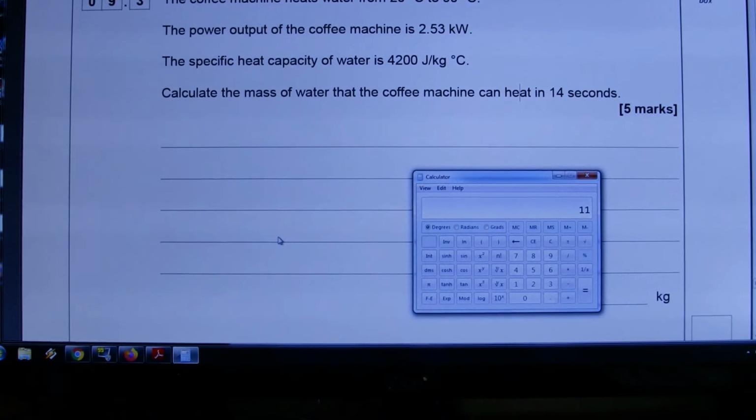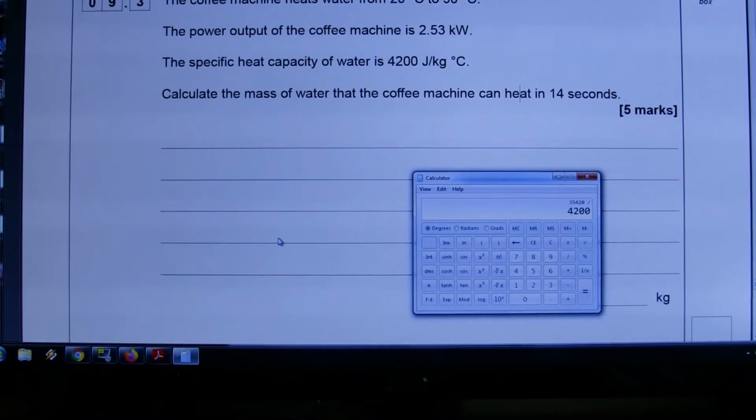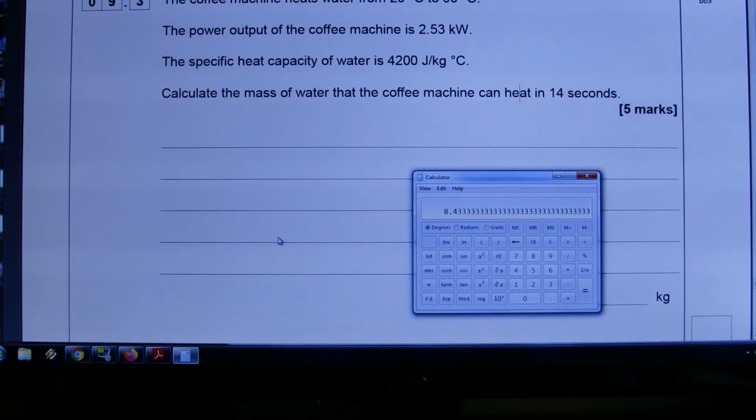Anyway, in 14 seconds, with a power output of 2,530 watts, it is outputting 35,420 joules. Dividing that by 4,200 joules per kilogram degree C means it is enough for 8.43 recurring kilogram degrees C. But we want to heat it by (90 minus 20), also known as 70 degrees C, not just 1. So if we divide that by 70, we find that it is